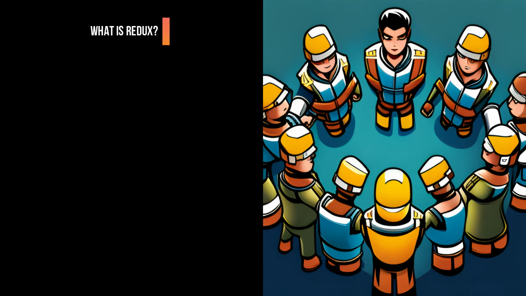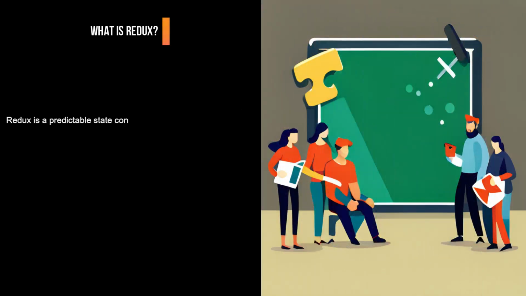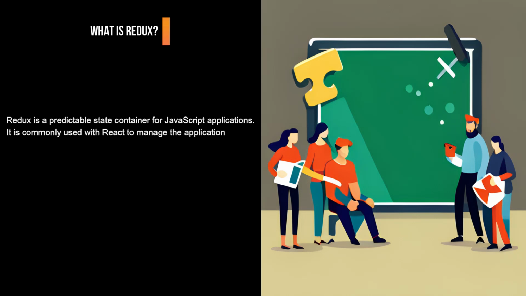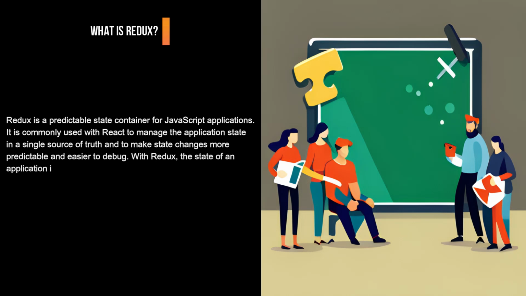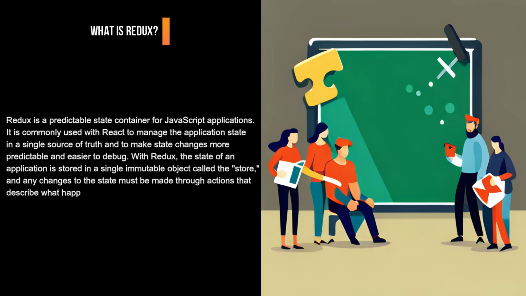What is Redux? Redux is a predictable state container for JavaScript applications. It is commonly used with React to manage the application state in a single source of truth and to make state changes more predictable and easier to debug. With Redux, the state of an application is stored in a single immutable object called the store, and any changes